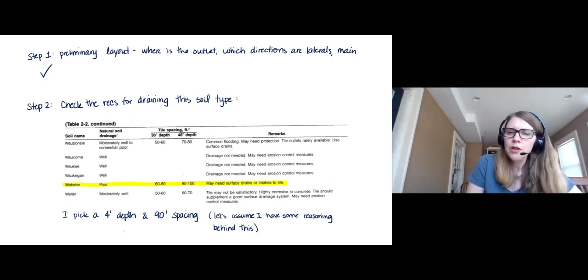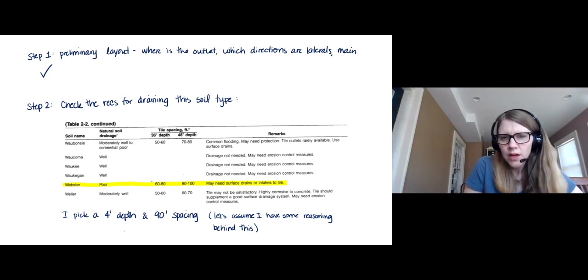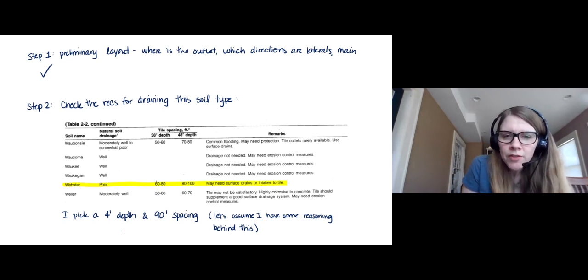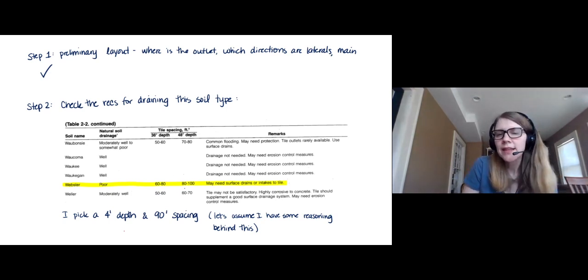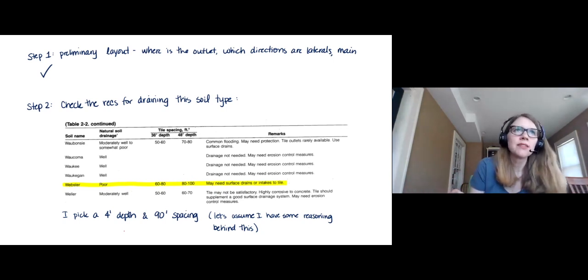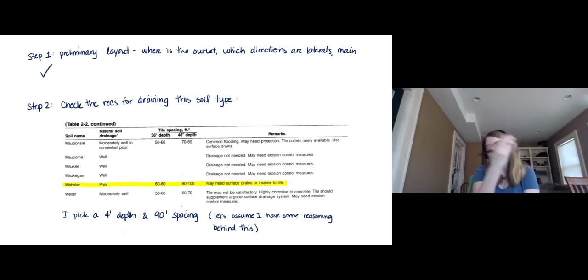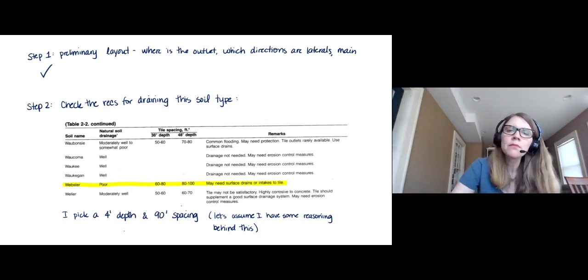So then the question is, am I going to use a 36-inch depth or a 48-inch depth? Now, if I'm doing this problem for myself, I would probably choose a 36-inch depth because I know that's slightly better for water quality. But let's say my client's like, no, I'd rather pay money to have a deeper trench than to have more tile lines in there. And so let's say there's a reason we're going to have a 48-inch depth. And so I'm going to choose something just right in the middle of this range, a 90-foot spacing. Maybe I have some reason that I did that.